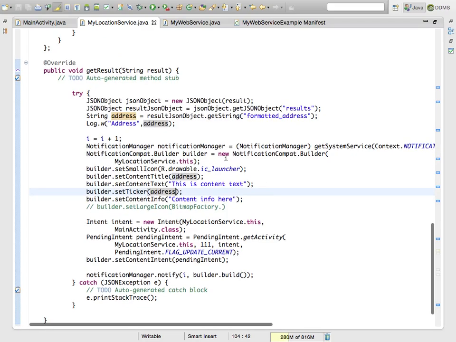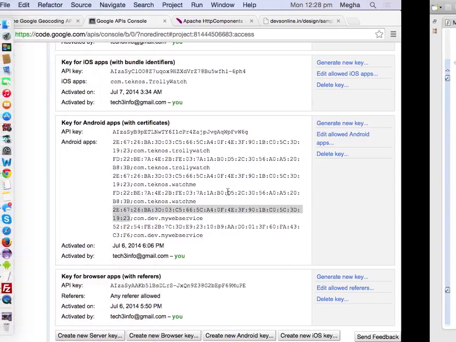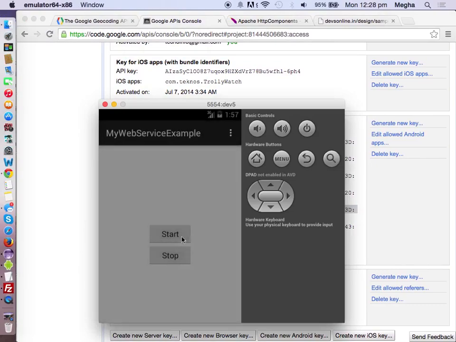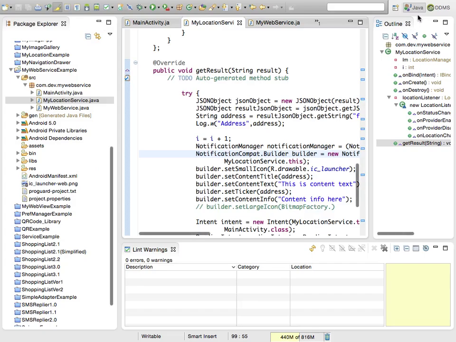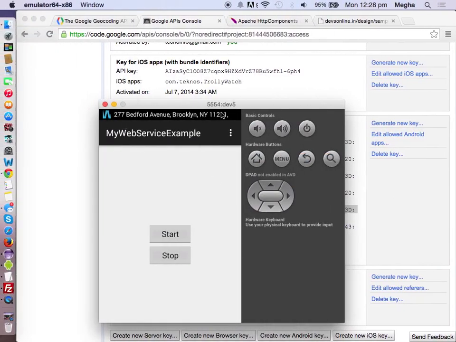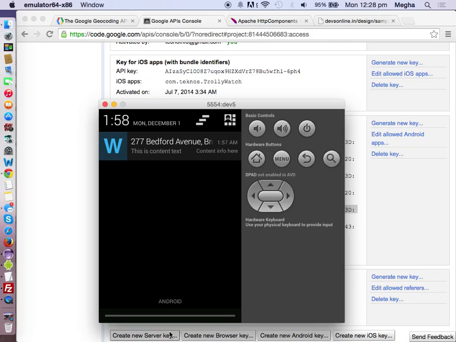So whenever the result is ready, the address will be displayed in a notification bar. You notice the incoming address is being displayed in a notification. So it means in the background it converted the latitude longitude and sent the latitude longitude to an HTTP client, or through the HTTP client it made an HTTP request and retrieved the result, and when the result is available it